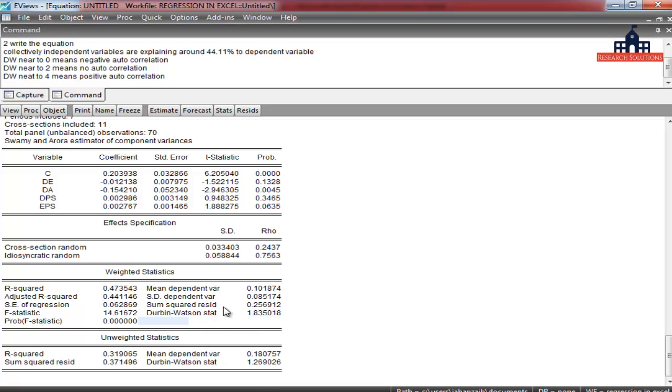The DW value is 1.83, that means near 2, which means there is no autocorrelation. If the model has autocorrelation in the weighted statistics, we cannot use the model. It is also witnessing the model is fit.